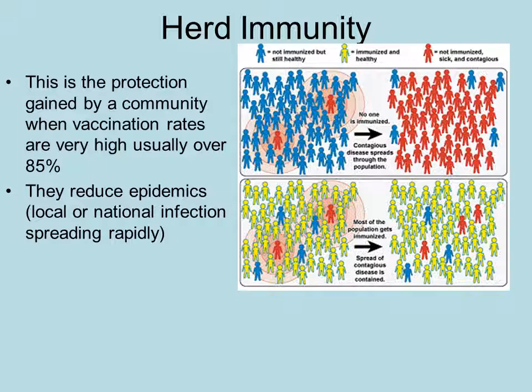Now if we look down at the bottom diagram, we can see that people in yellow have been immunised and remain healthy. So even though we do have people who are not immunised, they are much less likely to come into contact with the red people, because the majority of people the red people come into contact with are the immunised people. And as long as the immunised people are in between the affected and the non-vaccinated, then they won't become ill. So in fact, the immunised people are effectively protecting the non-immunised people, because they are intermediates between the